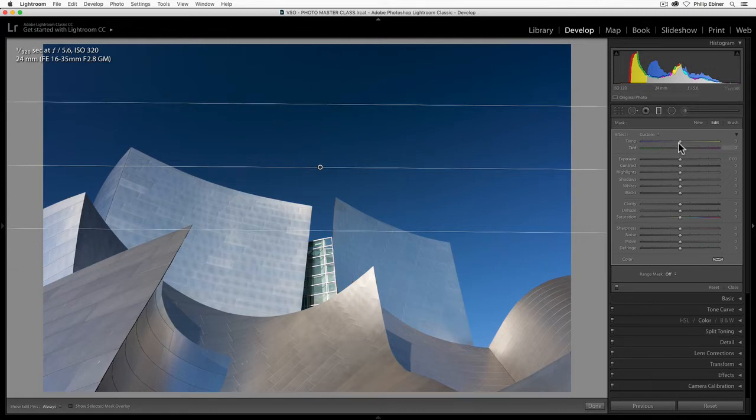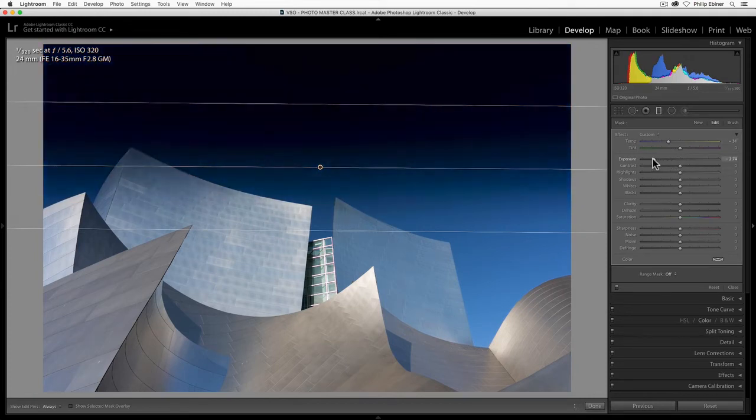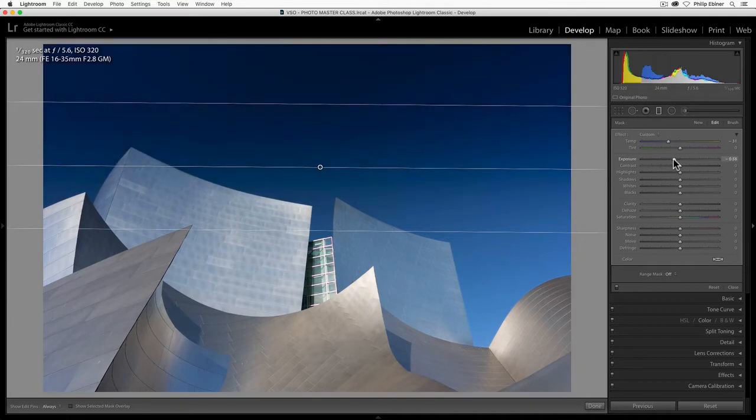So if we want to change the white balance of the sky, we can adjust it with this slider, making it more blue, for example. If we want to adjust the exposure, we can make it brighter or darker. You can adjust things like the contrast, highlights, shadows, whites, and blacks, which you learn how to do with the basic adjustments. You can do things like clarity or dehazing specifically for the sky, which is a good option when you're doing landscape photos.